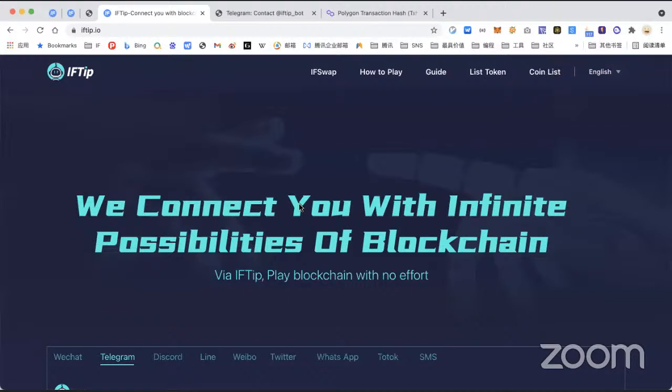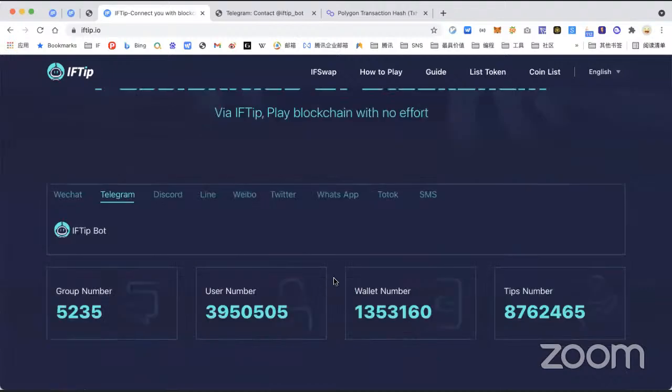First, we have a lot of users in the groups on Telegram, Discord, or WeChat, but WeChat is not used in the future. So we have a base.